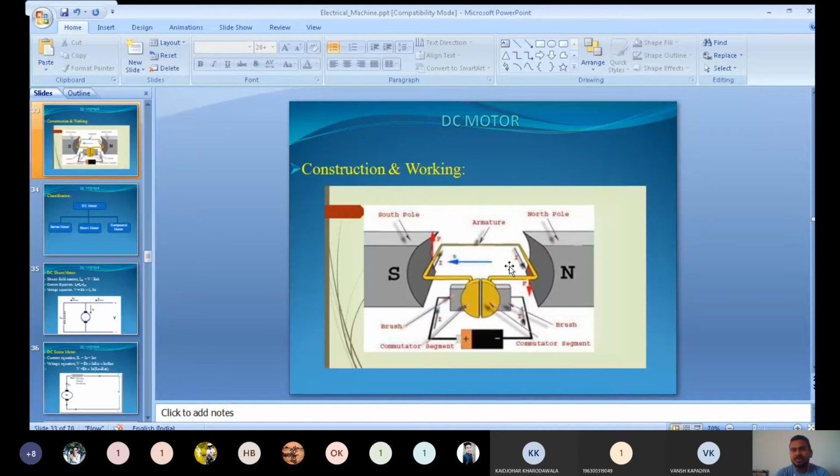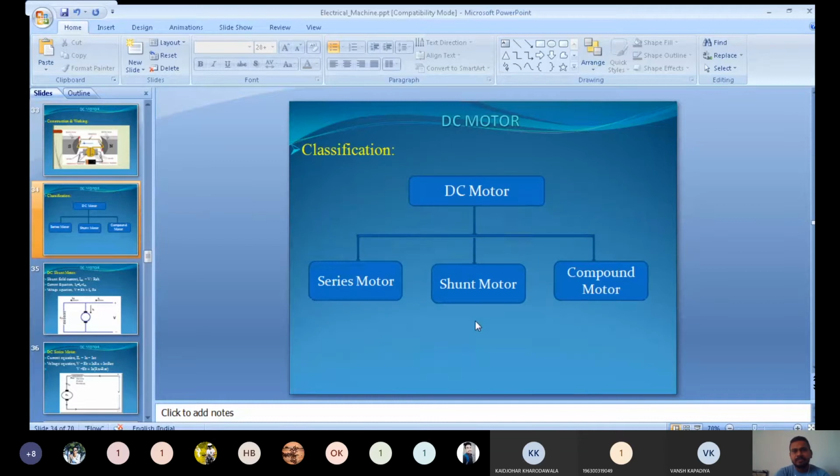All these conductors are placed in the armature core, and this armature core is the rotor. So due to this unidirectional torque produced in the armature core or armature winding, the armature core starts rotating in a clockwise direction. On this basis the DC motor works or operates. Understood the working or operation of DC motor, how a DC motor operates.